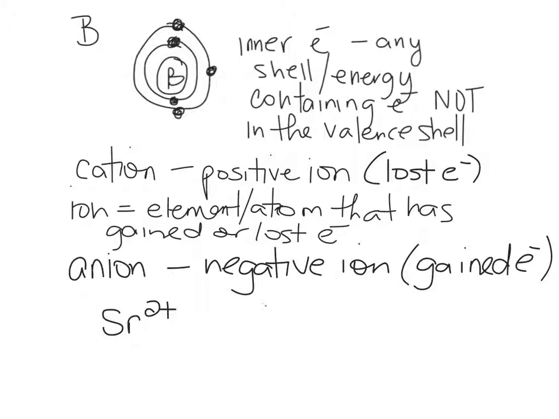So all your metals are going to want to dump those outer electrons. They want to get rid of your valence electrons to become more stable. You are more stable if you have an empty or a full valence shell. So metals will lose electrons to get rid of them. Because nonmetals already have more electrons, they're going to gain to make them full. So what's going to happen is, and the nonmetals want to become